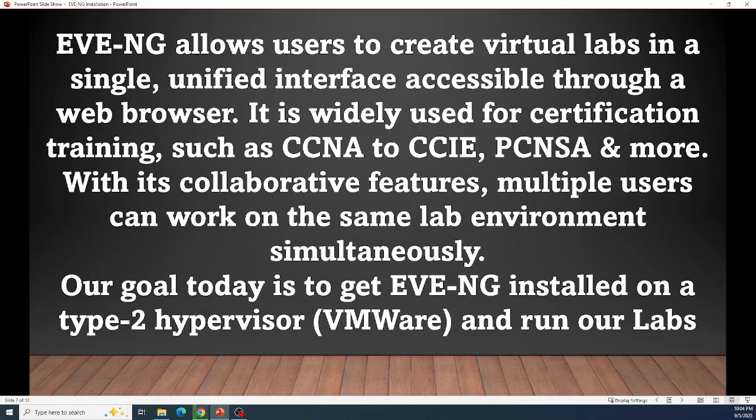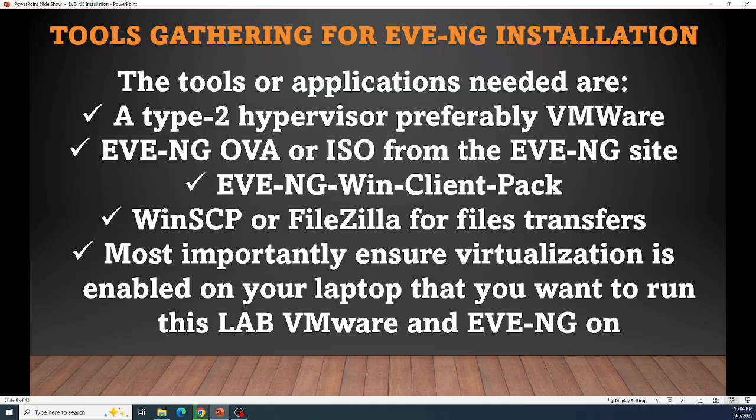So our goal today is to get EVNG installed on a Type 2 hypervisor, that's our VMware, and run our lab. So what do we need to do? The tools that we need. The tools or applications needed are, number one, a Type 2 hypervisor, preferably VMware. As a matter of fact, EVNG said that we cannot use VirtualBox. Okay, so for us to have the full flexibility of the features in EVNG, we should use VMware, either VMware Workstation Player or